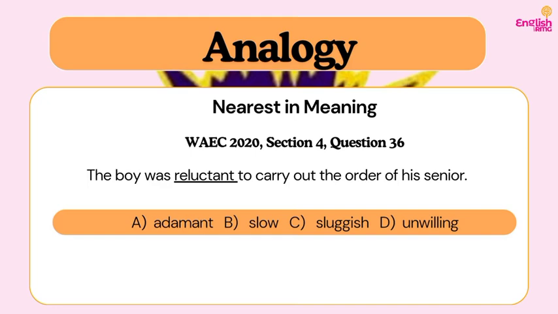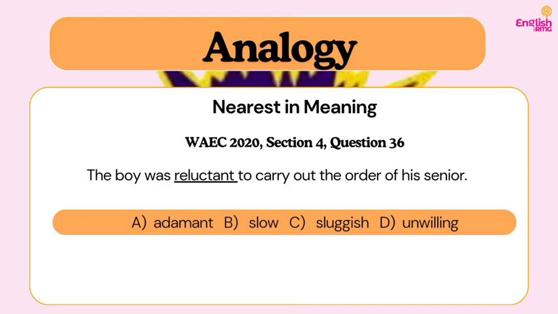So don't allow some of the options that want to appeal to you like the correct answer to steal your attention. Just try to put it into context. What is this context trying to say? And if I'm trying to make an analogy, can I replace this word with this option that I have taken? Do you understand? Just like I explained earlier before I started solving questions on it, making analogies.